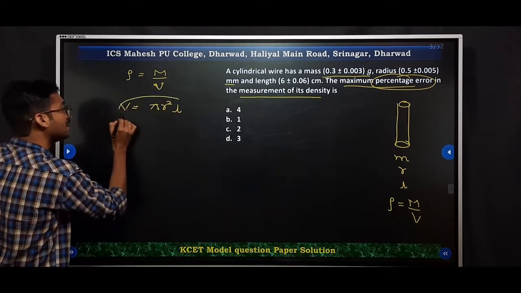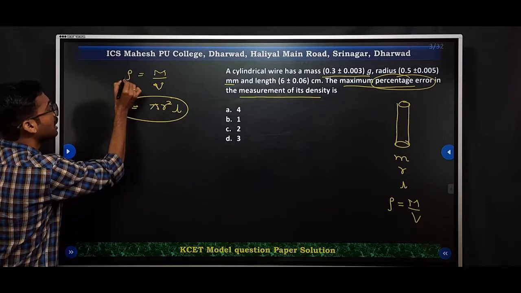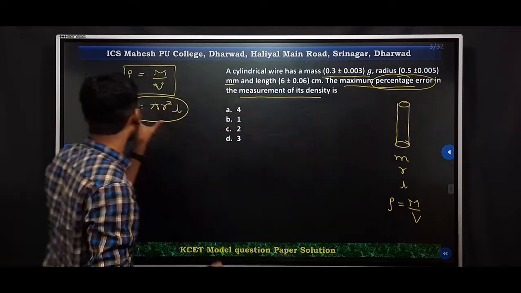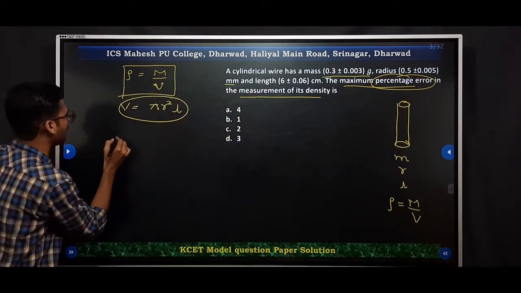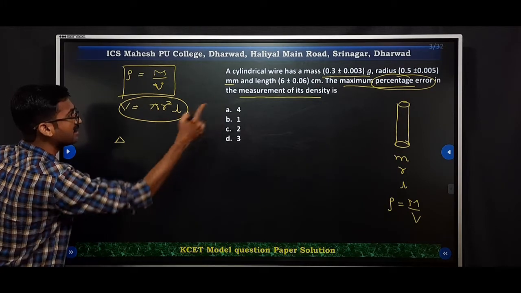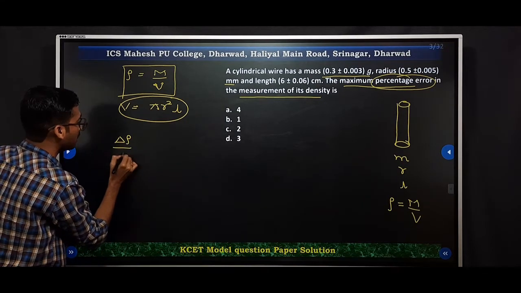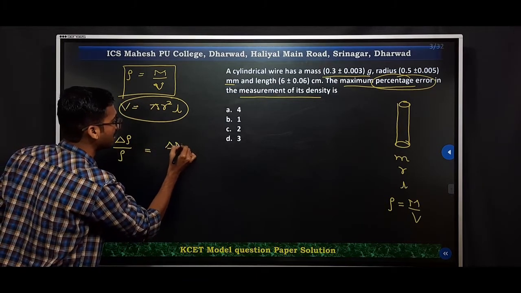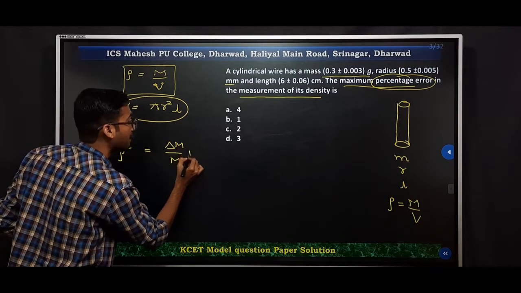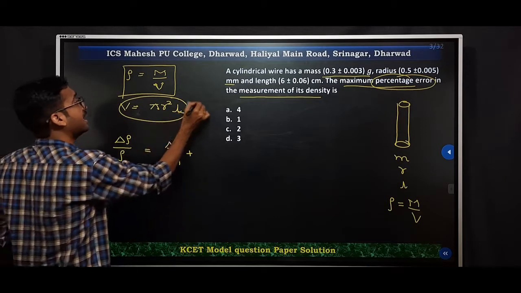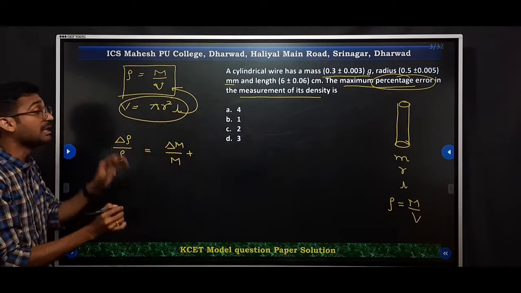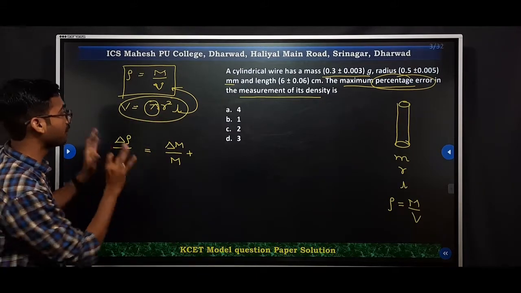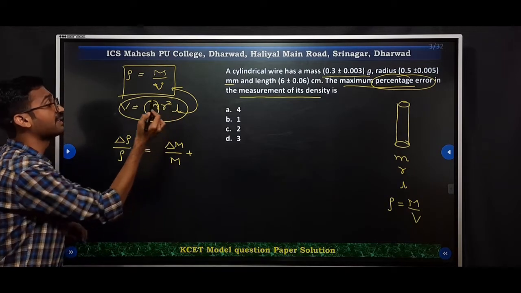Therefore, by using this information, now we have to solve the above equation in the form of percentage error. Now let's have a very important idea on this one. As I need the percentage error here, we can have delta rho divided by rho is equal to mass as it is, therefore delta m whole divided by m, plus at the denominator we have pi r square into L. We know that pi is a constant, no need to take it into the equation, therefore leave it as it is, but we have here r square into L.